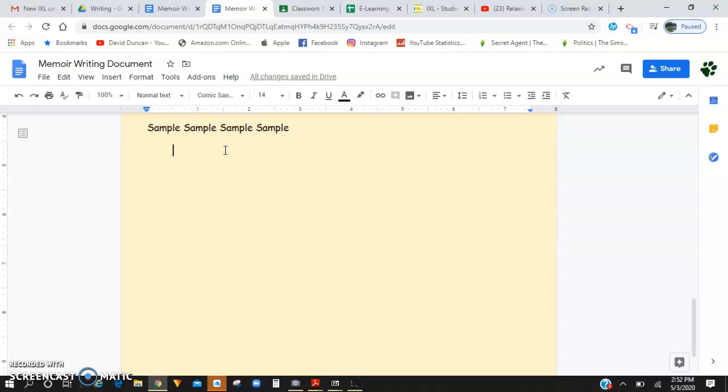Once you've done that, I want you to send it to me. Hit share again. Once you hit share again, I should be able to see it, and then I can go through and give you editing help and tips and whatnot. So again, copy and paste everything out of the table, put it at the bottom of the document, create some paragraphs, and then hit share with me when you're all done.